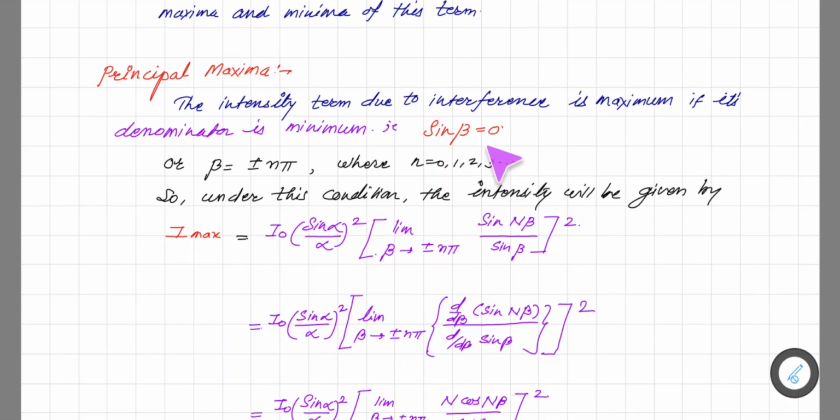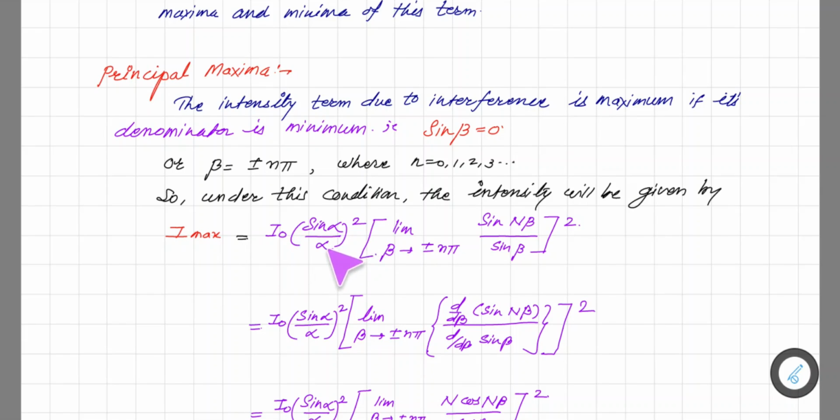So the intensity term, sin square of n beta upon sin square beta, if that denominator is 0, the intensity will be maximum, and sin beta can have value 0 only at the values of beta equal to plus minus n pi, where n is equal to 0, 1, 2, 3 and so on. So under this condition maximum intensity will be there. It is possible when the denominator of the interference term is 0. So that is why I max is equal to